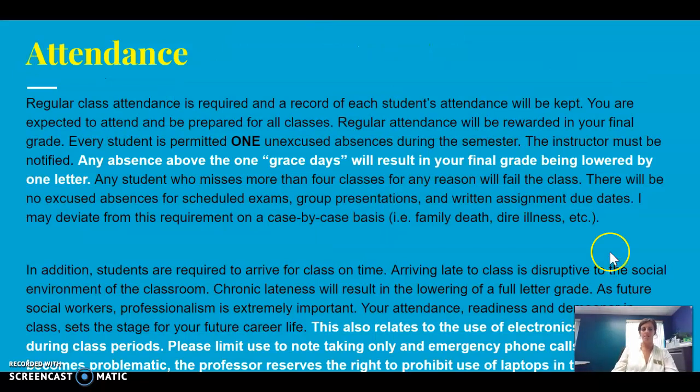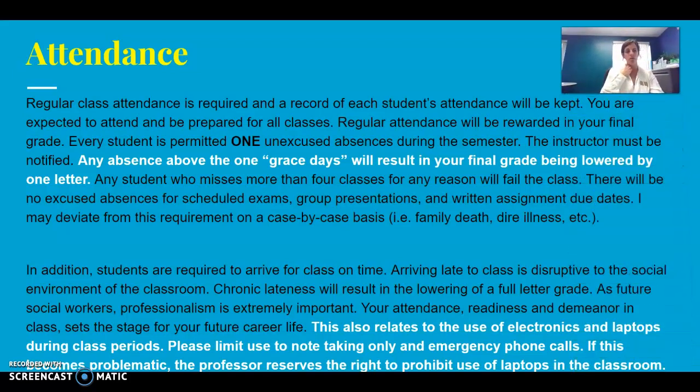All right, class expectations. I'm going to move my face out of the words. Because it's a hybrid course, you are only allowed 1 unexcused absence during the semester. This is because we only have 15 in-seat classes, and so missing more than that, you really are missing out on content. If something happens and there needs to be some modification or something unexpected, please always talk to me. I might deviate from this on a case-by-case basis. But just know the expectation is when we have in-seat classes, you have to show up.